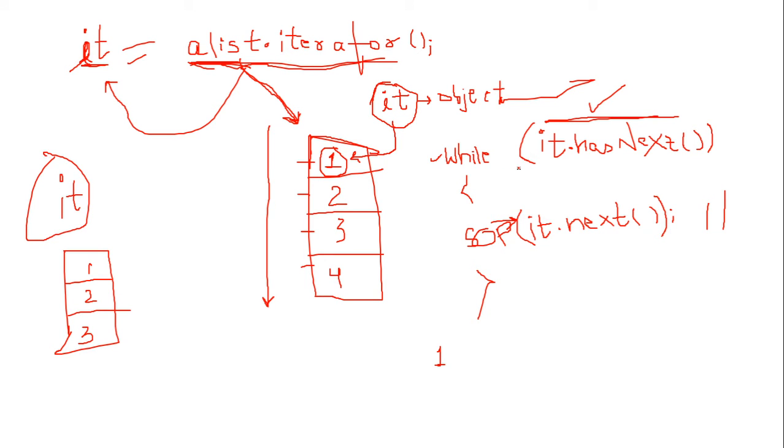So the hasNext working is like this. It will just check from top to bottom. It will check whether the list has any element present or not. This is the list. So it will first see the first row. It will get yes, one is present. So this statement will become true. It will return us true. So true will be present here. Okay, so after true is present, the condition will become true, and we will come inside the while loop.